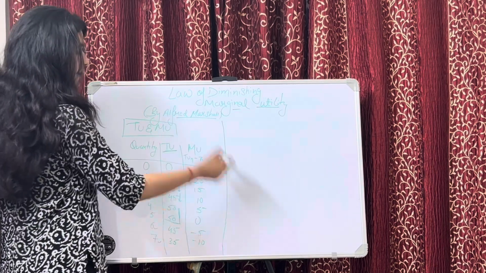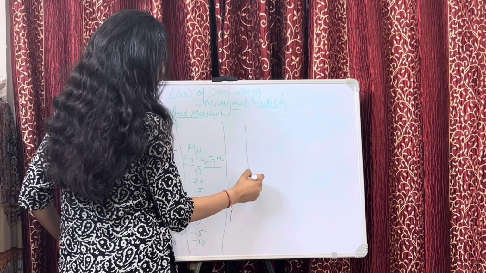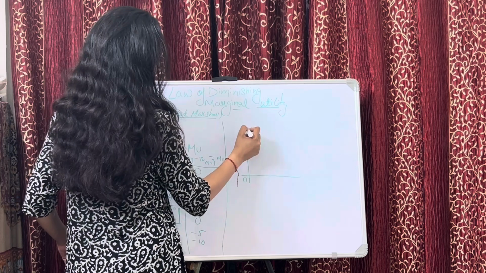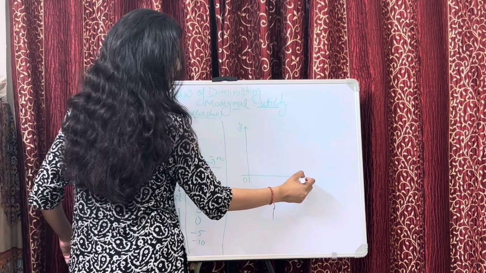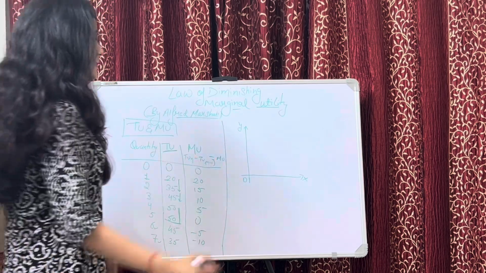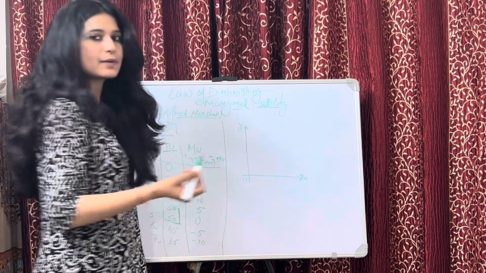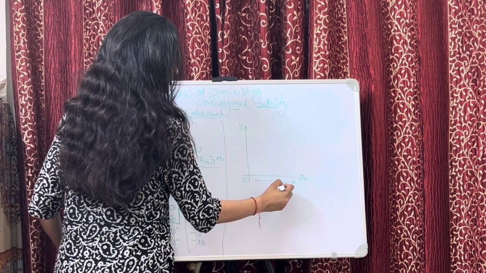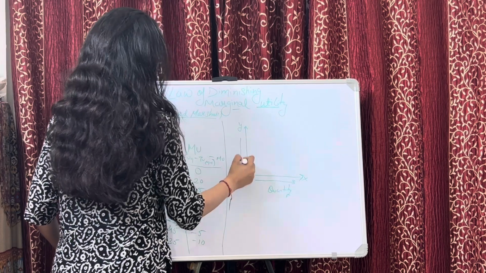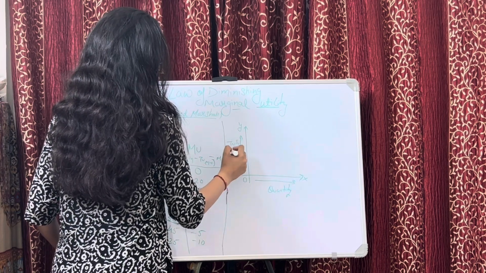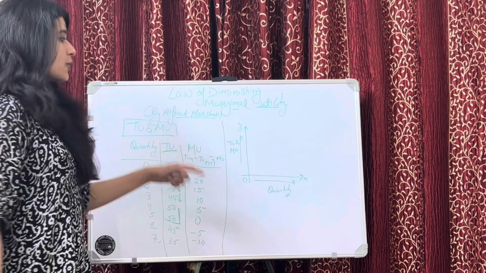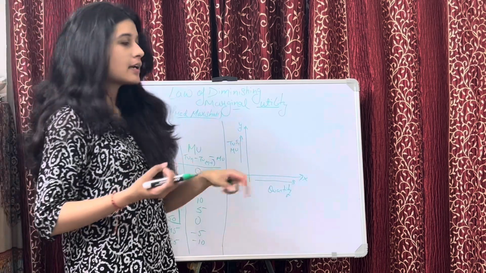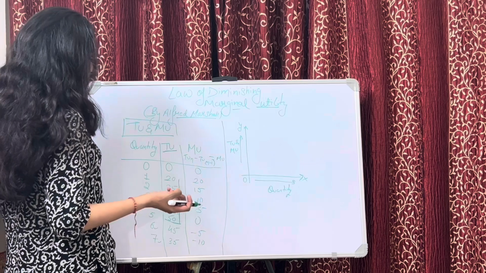So we will represent this with the help of a diagram. So guys, this is your origin, this is your y-axis, this is your x-axis, okay. This is a kind of graph where we represent the relationship between total utility and marginal utility. Here we're going to take quantity, and here we're going to take total utility and marginal utility. So we'll see how marginal utility and total utility are interacting with each other and how they are related to each other, okay.